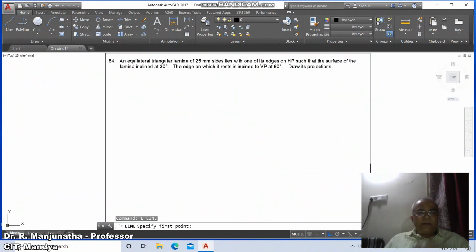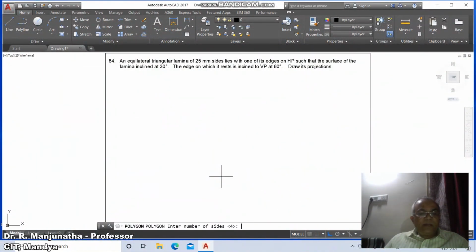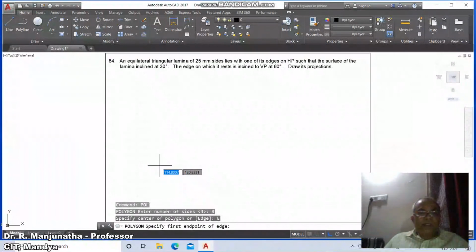Now we go for the line. First we are going to draw a triangle. So to do that, first go to polygon, take the number of sides as 3, take the edge option. So you select this, specify the first point of edge and take it in this direction.